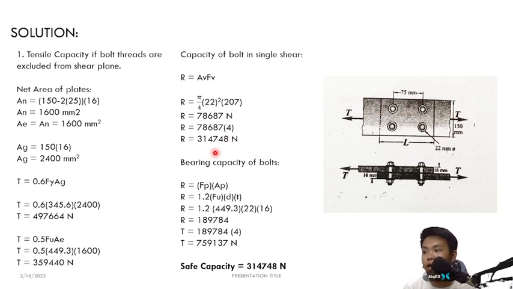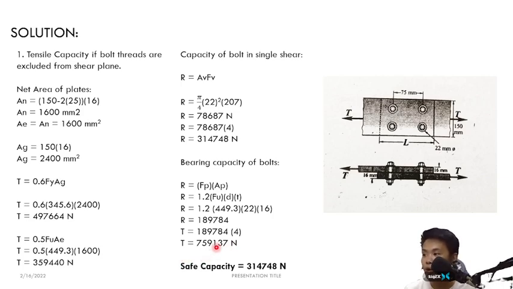314,748 Newton. So, to determine the bearing capacity of bolt, meron tayong formula na R is equals to Fp Ap. Or R is equals to 1.2 multiply by Fu multiply by d multiply by t. So, direct substitution. So, yung R is equals to 1.2 multiply by 400 multiply by 22 multiply by 16. So, may makukuha tayo ng 189,784 Newton. So, i-multiply lang ulit natin siya sa 4. So, makakuha tayo na tension na